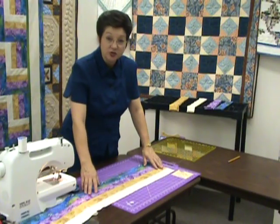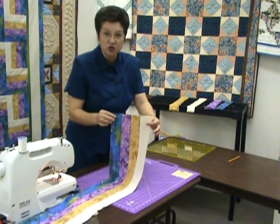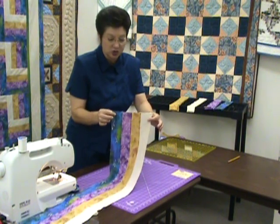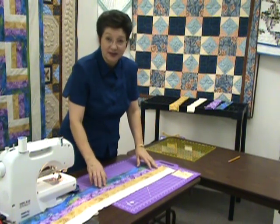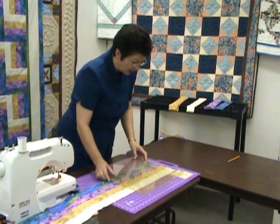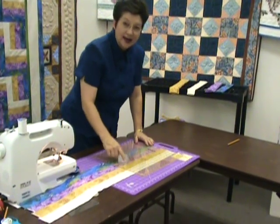Now we have our 4 strips sewn together, and as I said before, make sure that your end that is even is always sewn first so that you have one basically squared in, you get that extra cut out of this. So we're going to try to make the best use of our material we can. I'm going to take my big square, and you line up one of the lines with the center line down